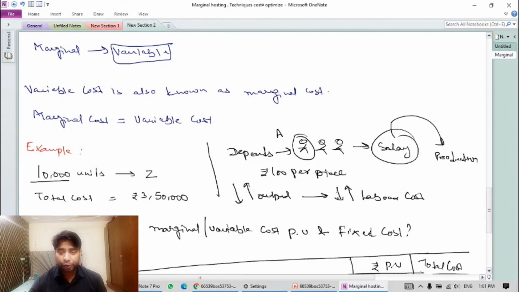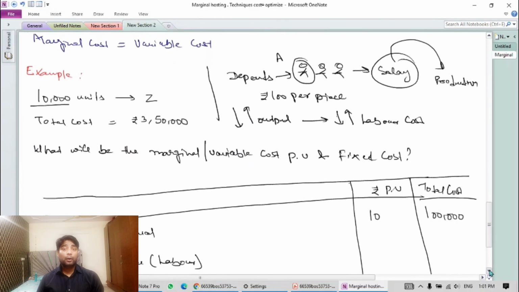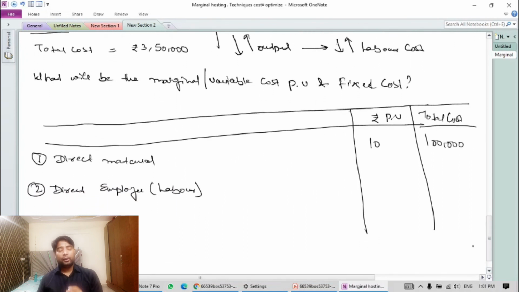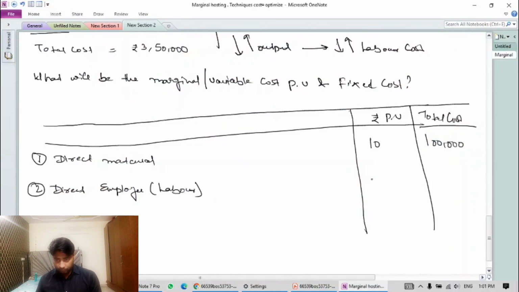So in our questions, the labor cost will always be variable cost, or we can say that it depends upon the production. In the given question, the direct employee labor cost is rupees 8 per unit. For producing 10,000 units, it will cost you 80,000. Simple. If we want to produce 1 unit, then you have to give rupees 8 to the labor, and if you want him to produce 10,000 units,